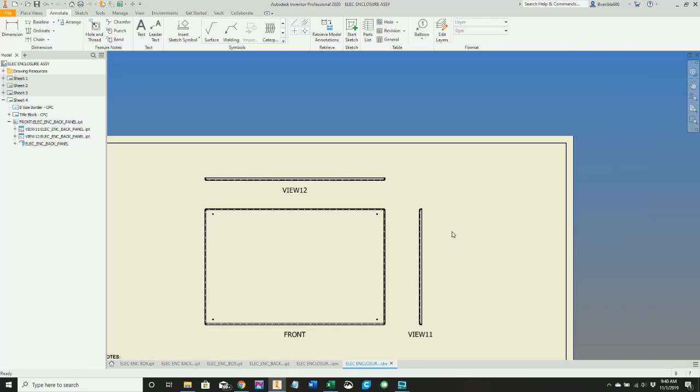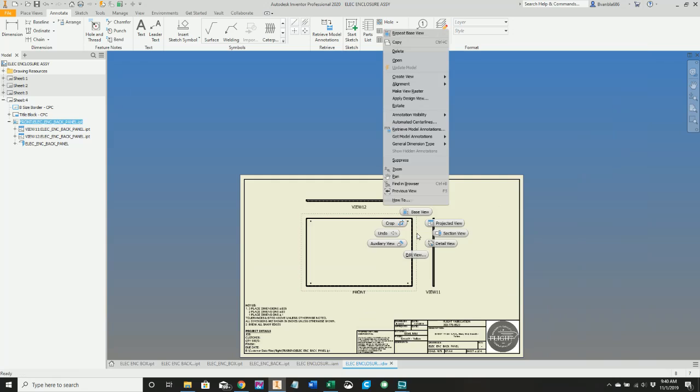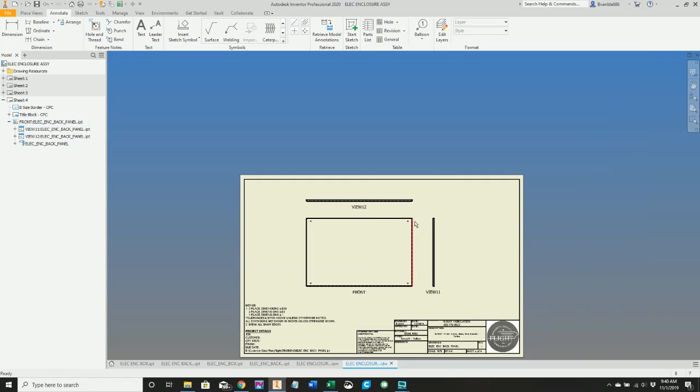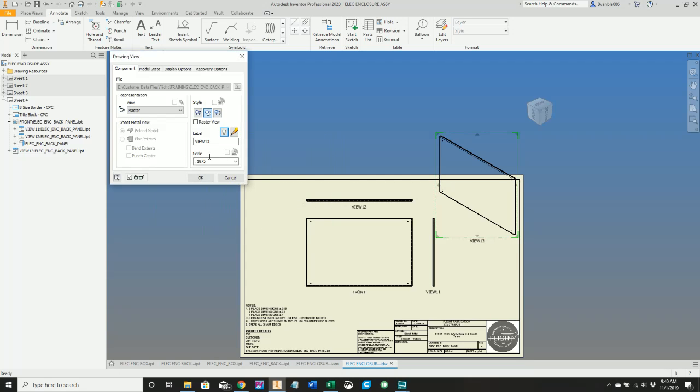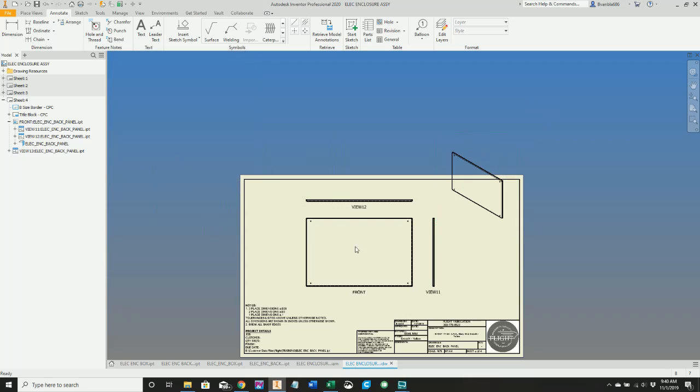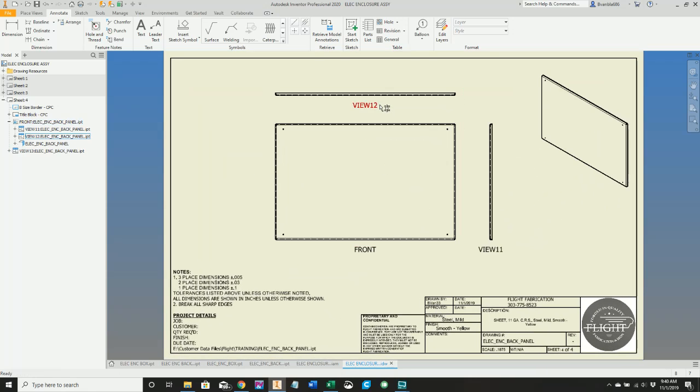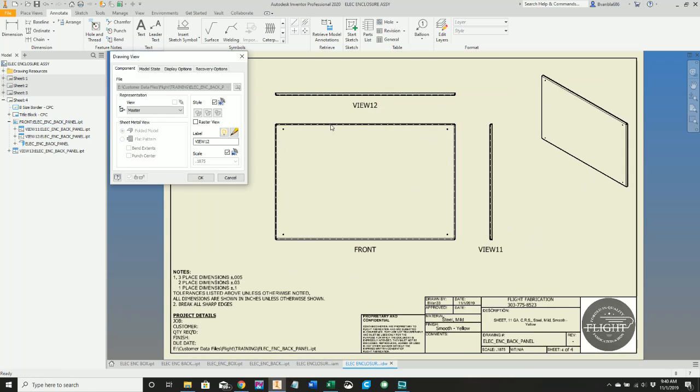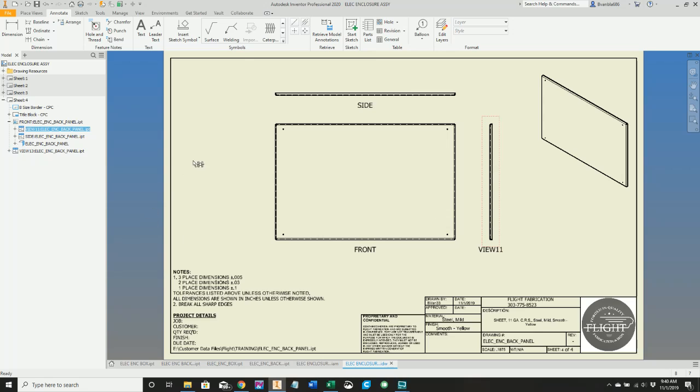Isometric didn't come in, but that's a good thing. We can show you how to add that. So if you go into the view, make sure the little red box shows up. Right click, do projected view. Pull it off to the side, right click again, create. Let's double click and get rid of the label, and then let's also reduce the size so that we've got enough space for our flat pattern. Double click so that we can see the whole view. Double click on the view so that we can rename it side, end,